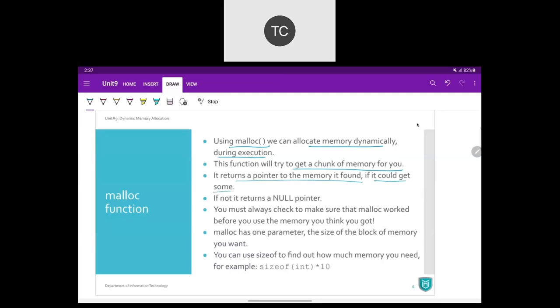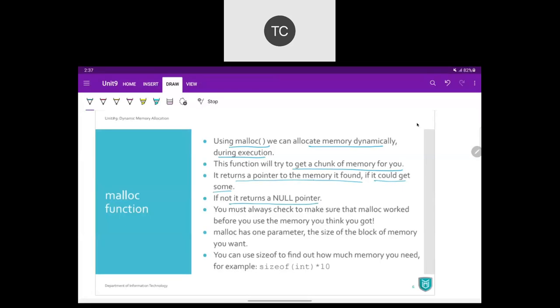If the required memory is available, then it is going to return us the address. If that memory block is not available, then it returns a null pointer.